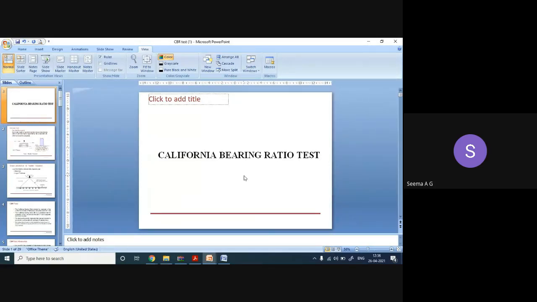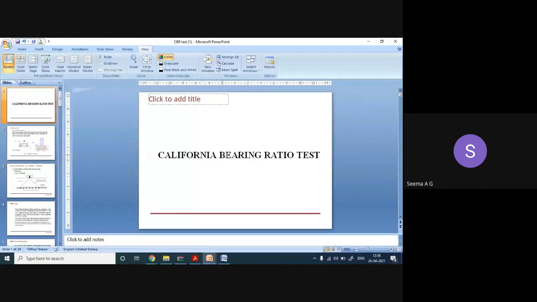I think you have gone through it, you have seen it also during your contact classes. All the calculations, everything you have done. Still, I will explain the experiment once again, and we will give you the values also for doing the calculation and all. So California bearing ratio test, it's an experiment to determine, from the name itself, you can